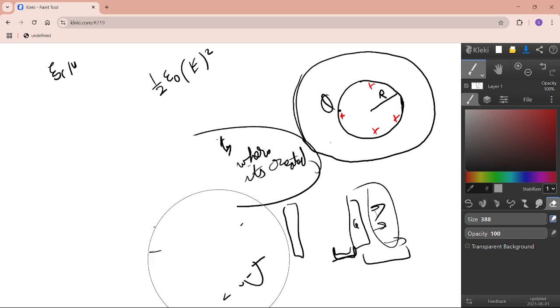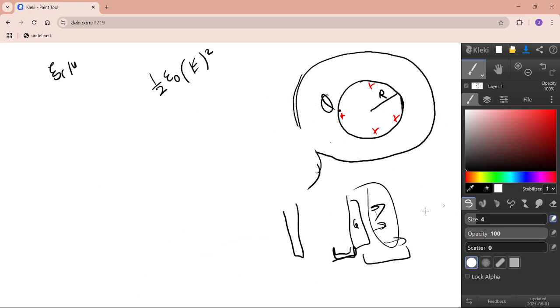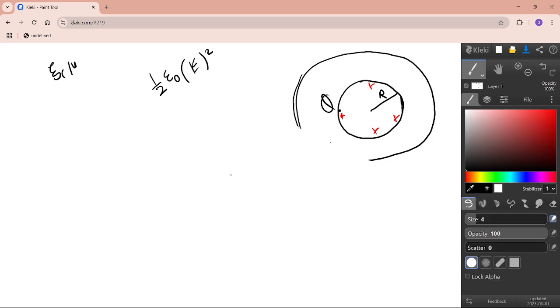So we can solve this. You have the density of the stored energy, the potential energy, or the electric field energy per unit volume. Of course, the electric field in this thin spherical shell at a distance x from the center is given by